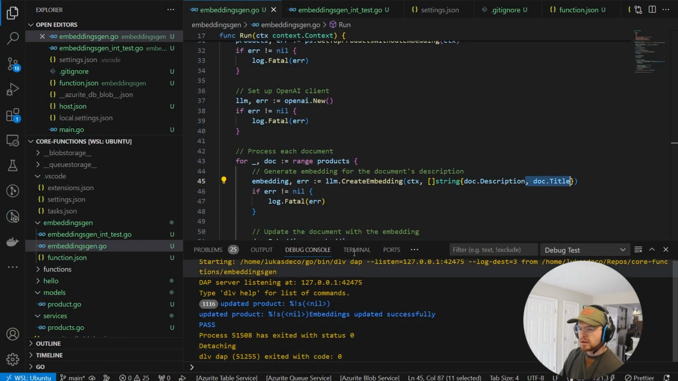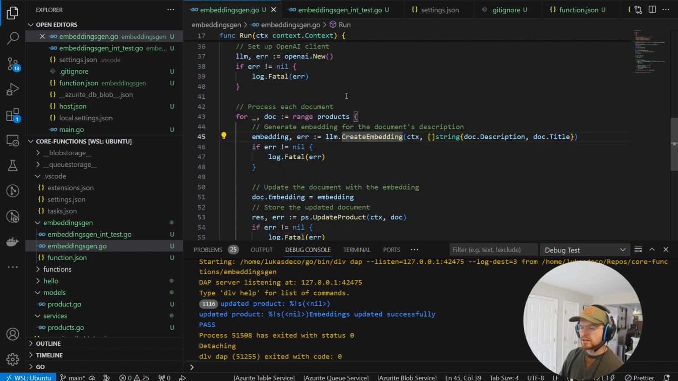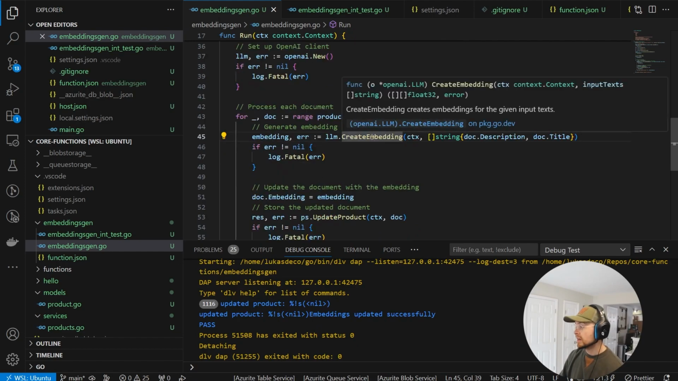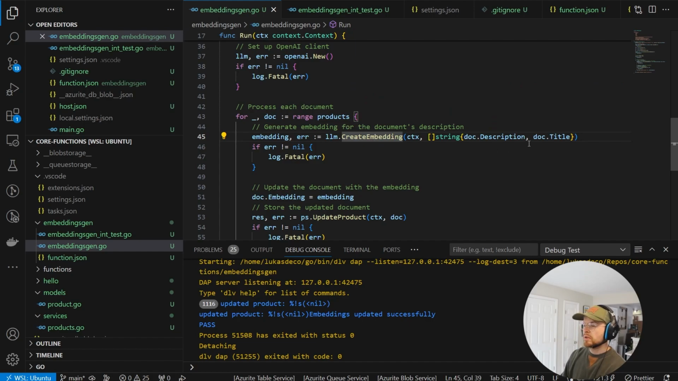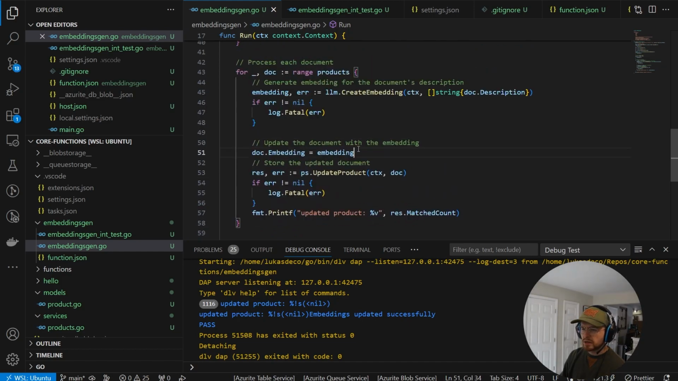Then we're getting 2 embeddings back from this. But we can pass it an array of strings. I'm thinking what it's actually doing is sending me an embedding for the description and then an embedding for the title. So I'm just going to get one for the description, and we'll say that's going to be good enough. And then I'm going to grab the first element,